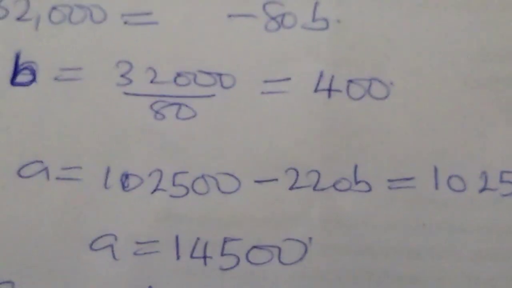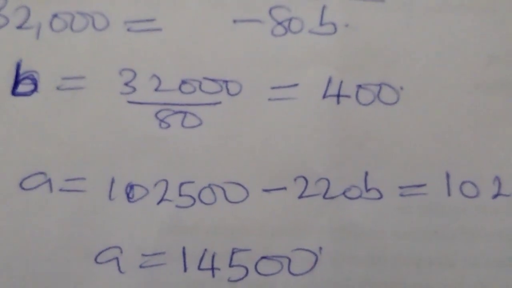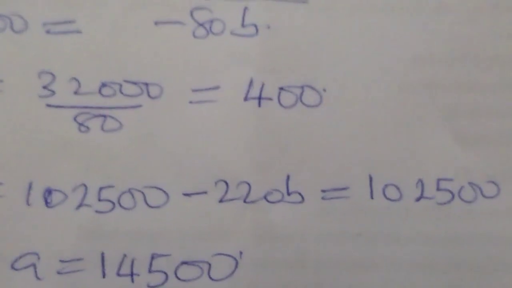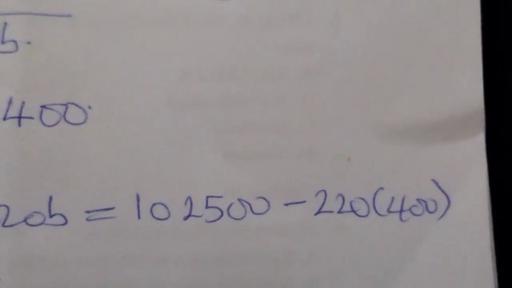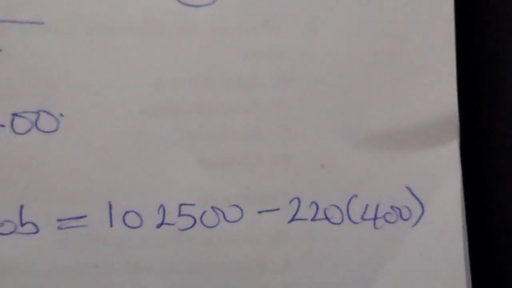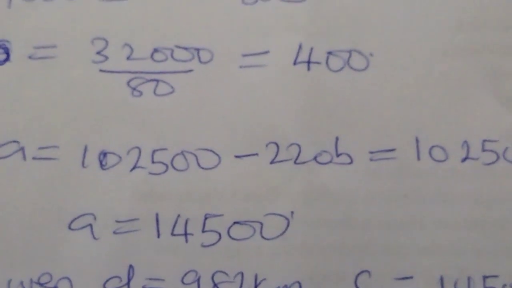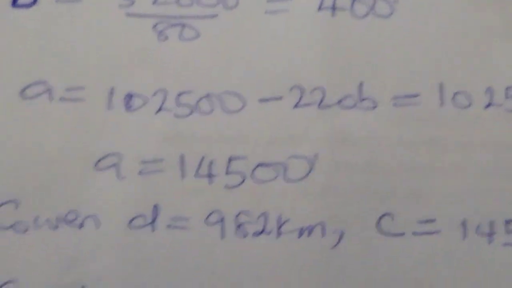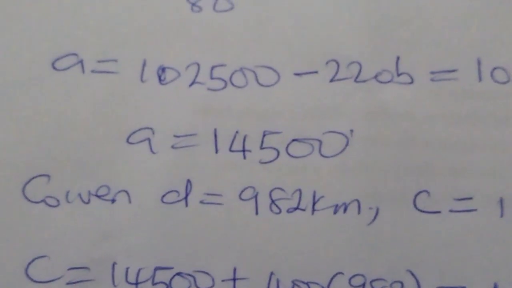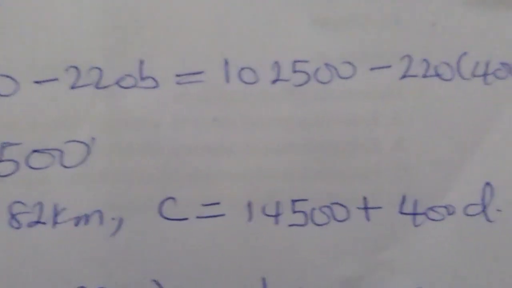Then from equation 1, we make A the subject. A is 102500 minus 220B, and then we substitute for B, which is 400. We now have 102500 minus 220 multiplied by 400, and that gives us A as 14500. Then, given that the distance covered from Lagos to Kaduna is 982 kilometers,